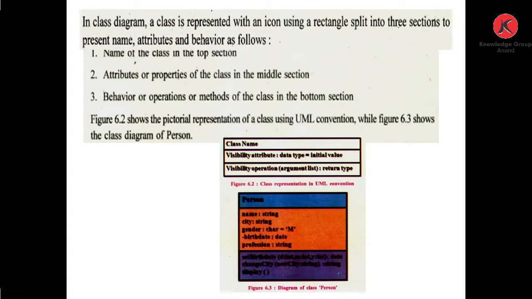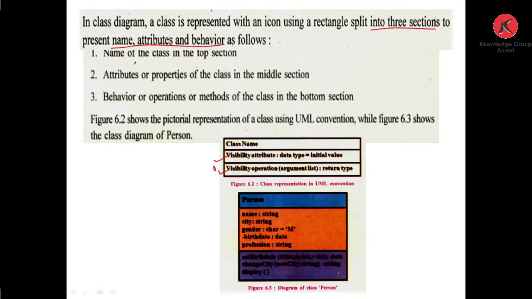In a class diagram, a class is represented with an icon using a rectangle split into three sections to present name, attributes, and behavior. Name of the class is in the top section, attributes or properties of the class in the middle section, and behavior or operations or methods of the class in the bottom section.